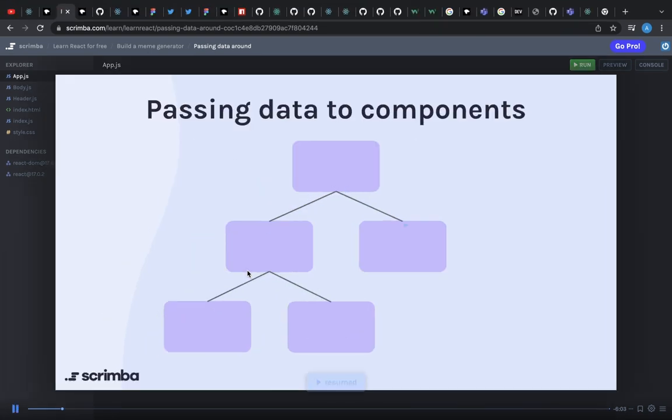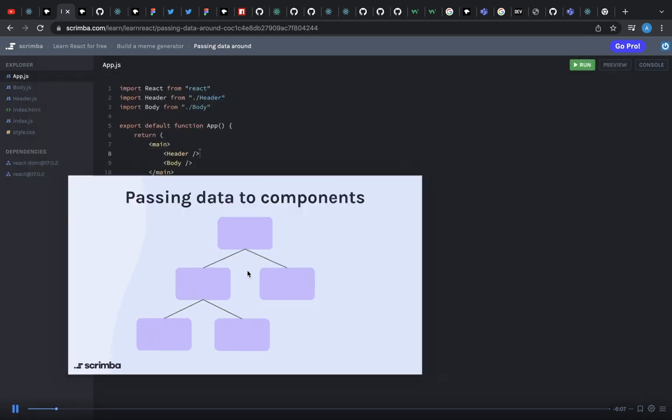And the lines indicate that this top component is rendering these other components. In some cases, that component may just render regular DOM elements like divs and h1s, or it may render additional custom components like we see in this button. So, for example, a really simple app which has the following components, just represented by rectangles for now. In this tree, this top component represents a top-level component, for example, our app component in a system set up